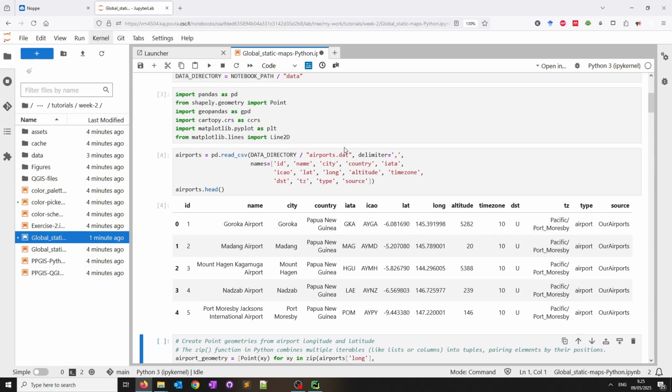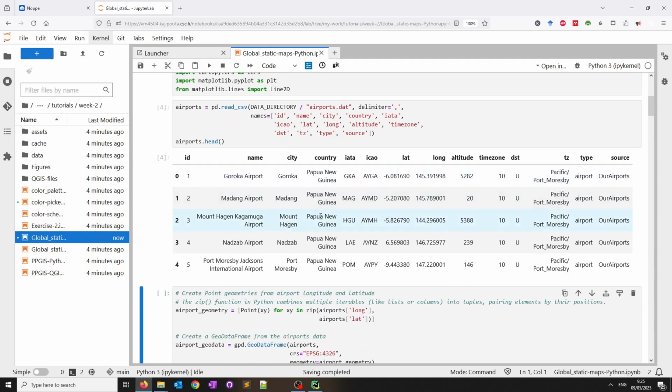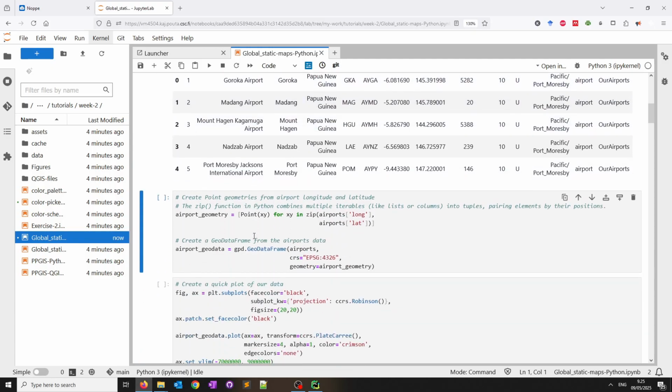So this is not geospatial data. We have the latitudes and longitudes. Of course, we can make it a GeoPandas geodata frame, and that's what we're going to do next. But it didn't come as geospatial data ready to use, so it's not in shapefile or geopackage, but that's easy. We are going to take care of that. There are other columns that we do not really need in this tutorial, but let's continue and create